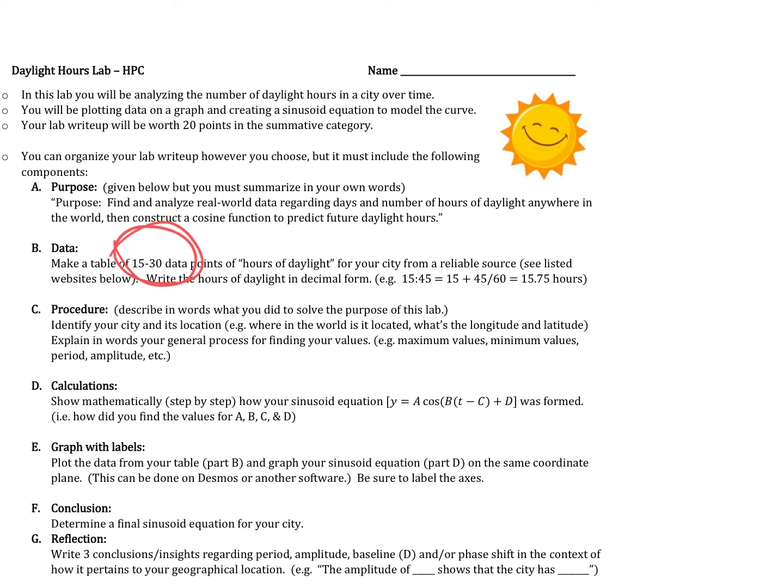Now, do you get that if you pick a city that's really close to the equator, you're not going to see much of a wave because they get the same amount of sunlight all year long? Okay? So if I were you, I'd pick a city that's kind of like where we are. And you can pick Minneapolis. That's not illegal. And you can take our data. And if you even want to drill it down to Minnetonka, awesome.